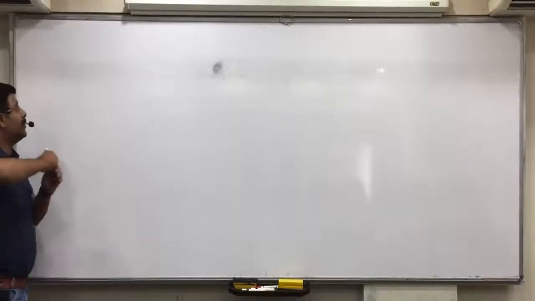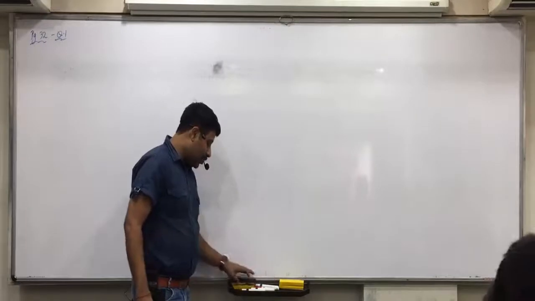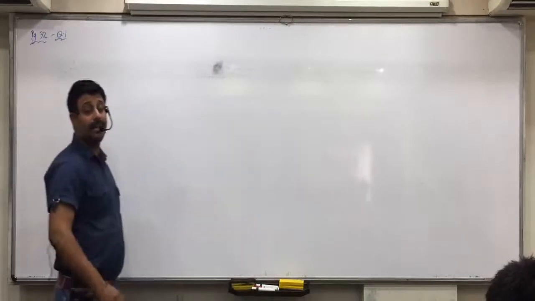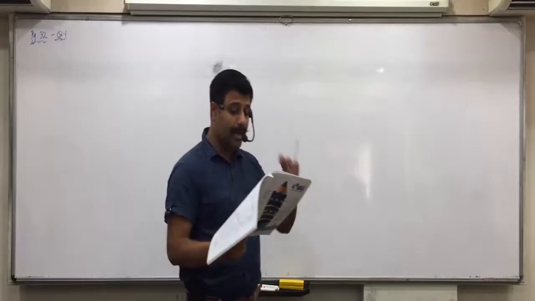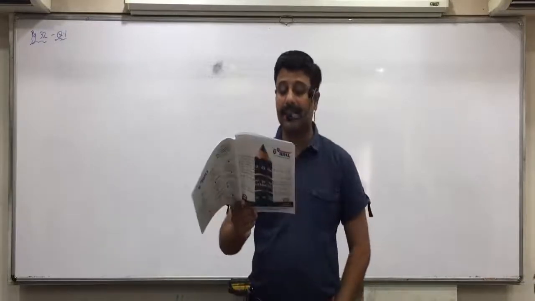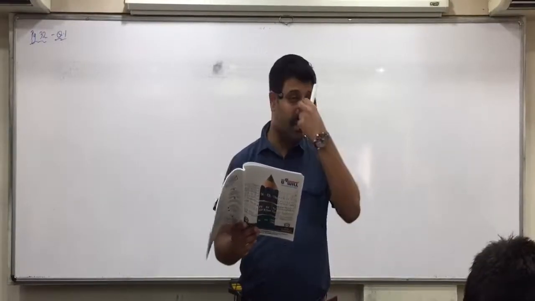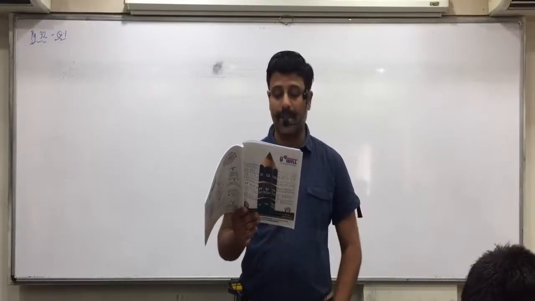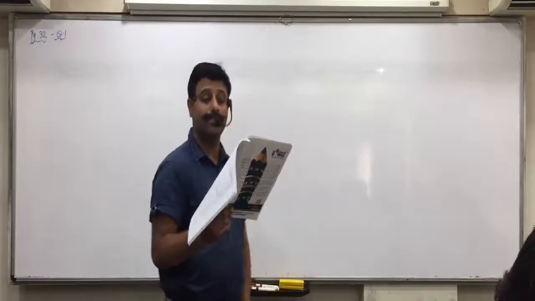Page number 32. Here one I'll explain to you, one you'll try on your own. One I'll ask you, and a few questions you'll try on your own, so understand it properly. X Limited has 12 lakh equity shares outstanding on 1st April 2014. This is the opening balance. We'll start with this 12 lakhs. On 1/6/14, the company issued 3 lakh shares for cash.